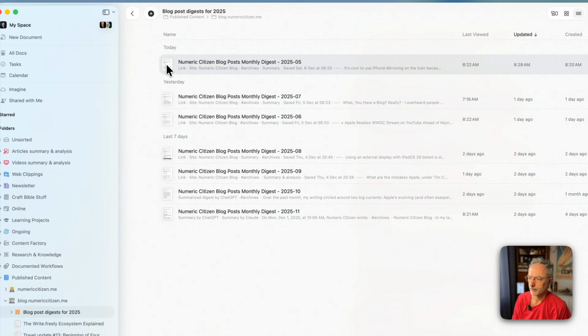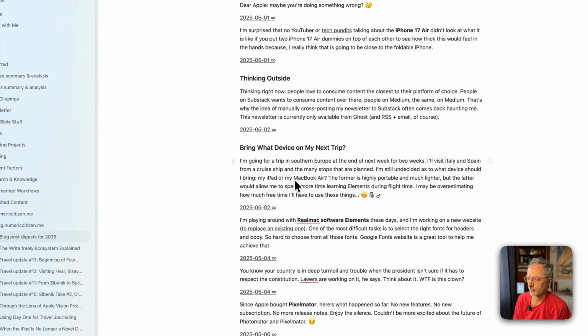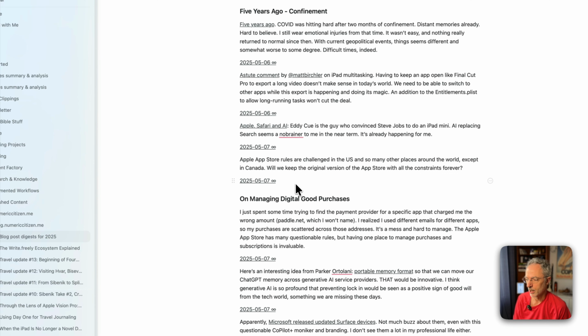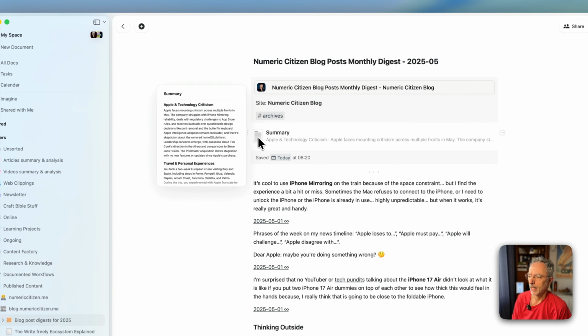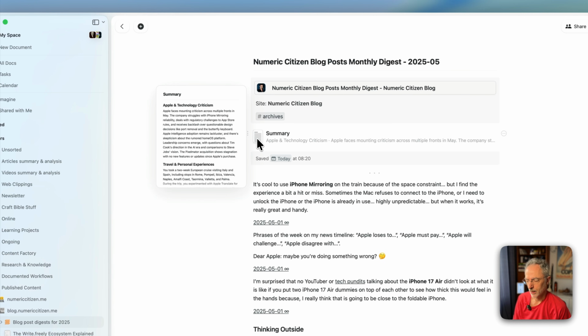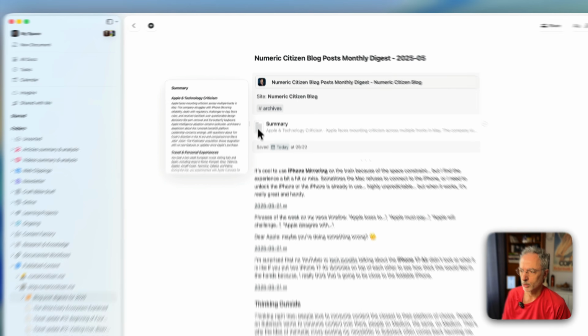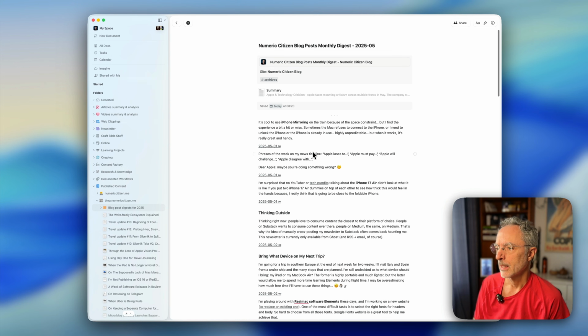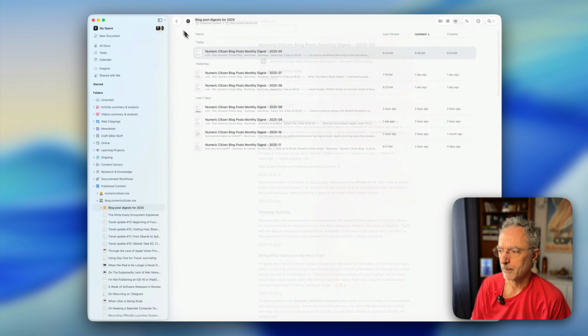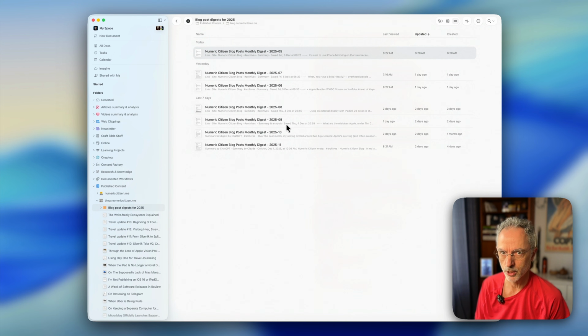And when I click on that, you will see that I have a copy of all the posts I did on my blog. And then at the beginning, there's a summary where I asked a few questions about this digest to summarize in a simpler or maybe shorter version all the writing during the month. So these are the documents that I'm exposing to the MCP connection in Claude to do my summarization and my analysis of my writing for the year.